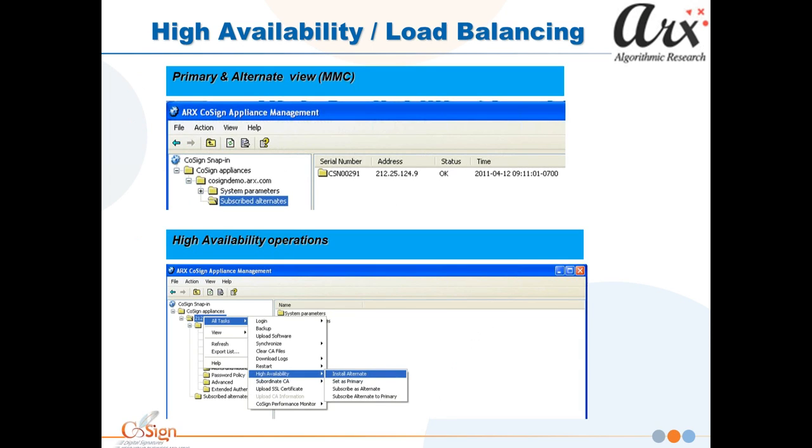So how do we go to the primary and alternate appliances? How do we see the status of them? So you can see the status of your alternate appliances by logging into the primary appliance. And when you do, you'll see two folders instead of the one we saw earlier. And instead of going into system parameters, which we worked with earlier in this call, we're going to go into